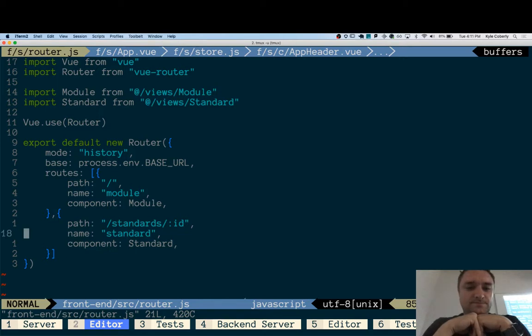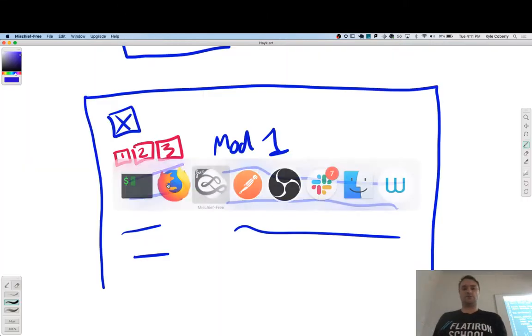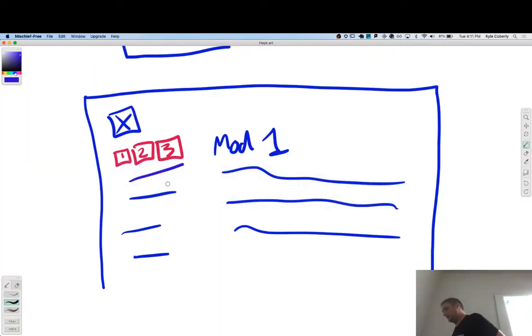Interesting. So let me go back to the sketch. This is like an easy to forget thing about SPAs and routing, is that whether or not something is a child route is entirely dependent on how it looks, not what their relationships are. So I'm trying to figure this out for this one. I go, okay, the